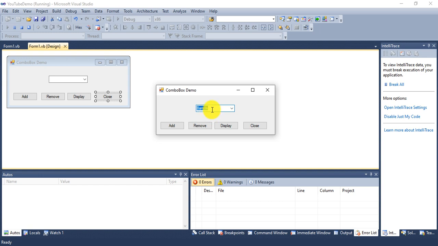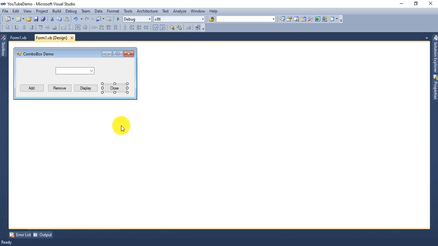Now I want to display this city Baroda, so just click on display. It shows Baroda. If I change to Bharuch, it shows Bharuch. It's working perfectly. Now suppose I want to remove the city Bharuch. So remove, and the city is removed. You can see only two cities, Ankleshwar and Baroda, are available. Bharuch is already dropped. And the last is close, so we will close the form.